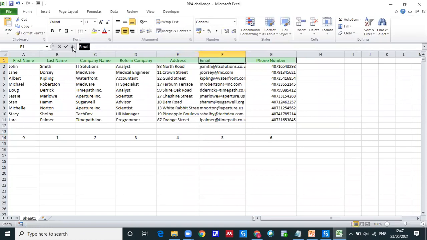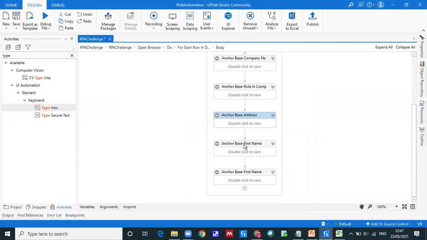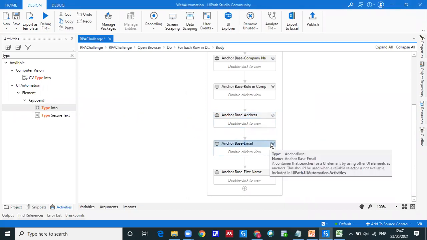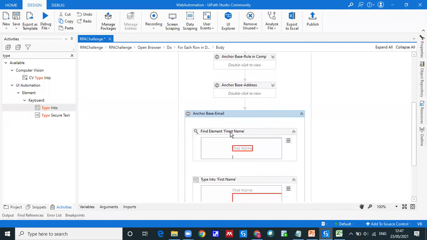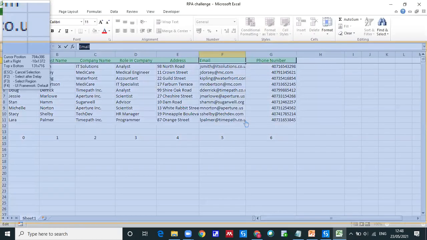Then email. Done. So I'm indicating the email. It's almost the second last.